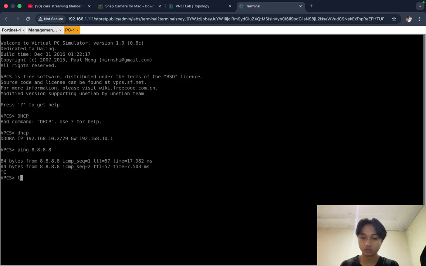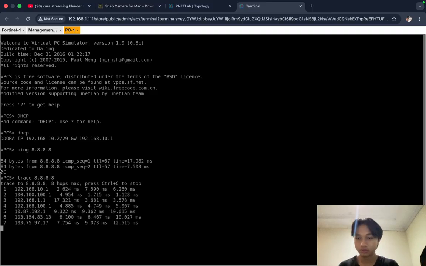And I want to trace the route with the trace command. You can see the VPC uses the first or the main gateway, and this is the virtual SD-WAN.